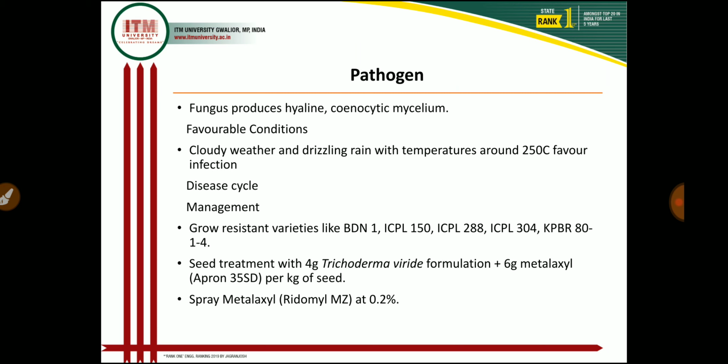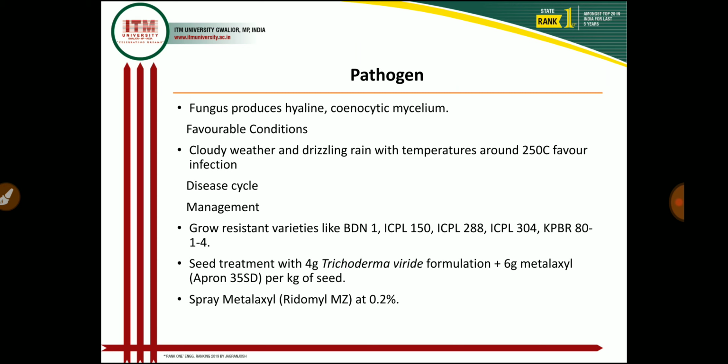Then in the disease cycle, the fungus survives in the soil as well as in infected plant debris in the form of oospores and dormant mycelium. These oospores and dormant mycelium serve as the primary inoculum for causing the disease in pigeon pea, and secondary spread is by zoospores from sporangia. Rain splash and irrigation water help the movement of the zoospores. And Cajanus scarabaeoides, a wild relative of pigeon pea, is also a host for the blight pathogen, that is Phytophthora drechsleri.